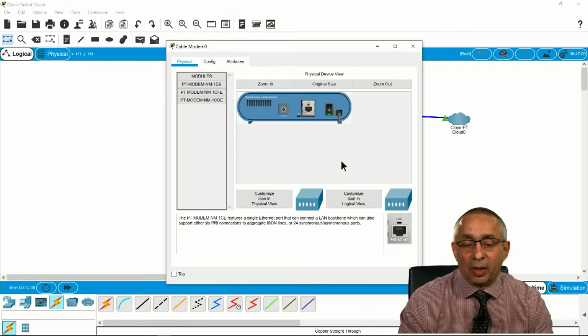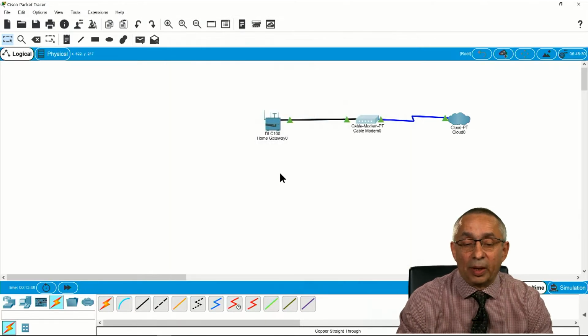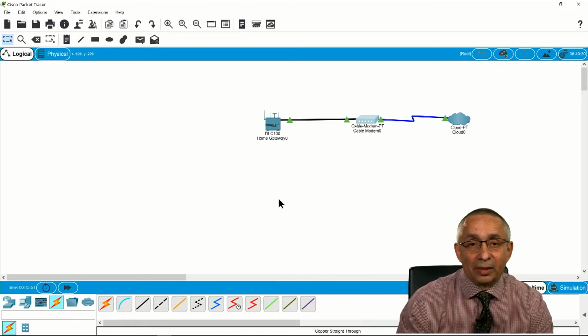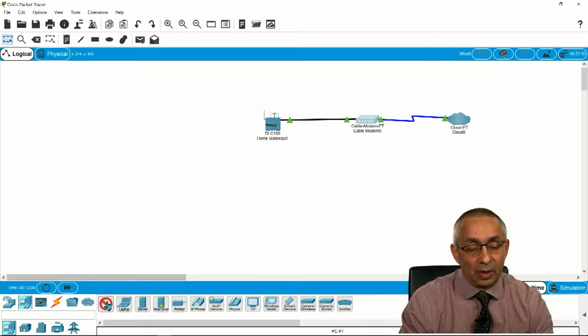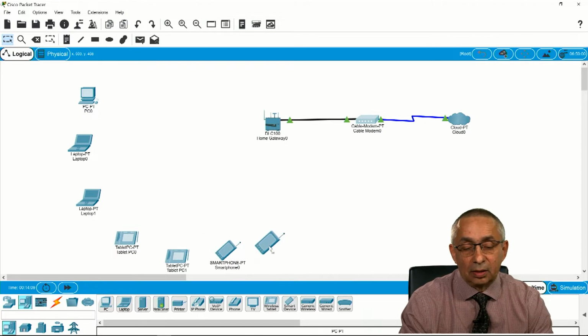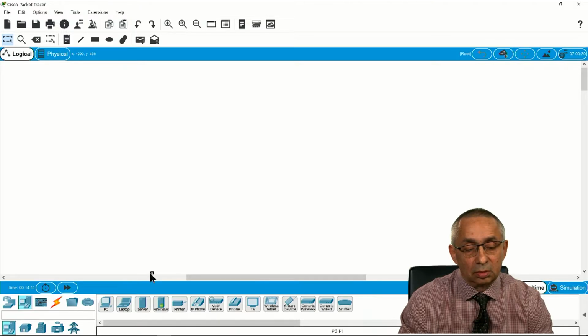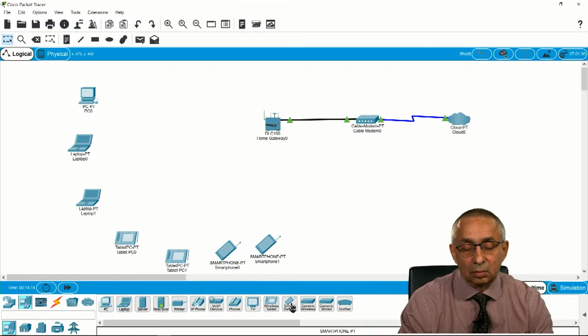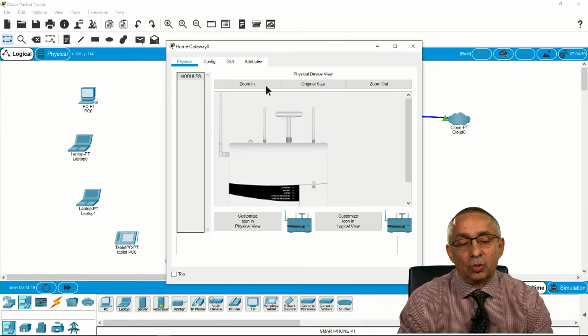And here, I'm talking about all these cables and devices. By using cables, I'm talking about layer number 1, the physical layer, for example. Which devices do I have in my home office? I have a computer. I have a couple of laptops, for example. I have a couple of tablets. And of course, my smartphones. And they'll connect to my Wi-Fi device.